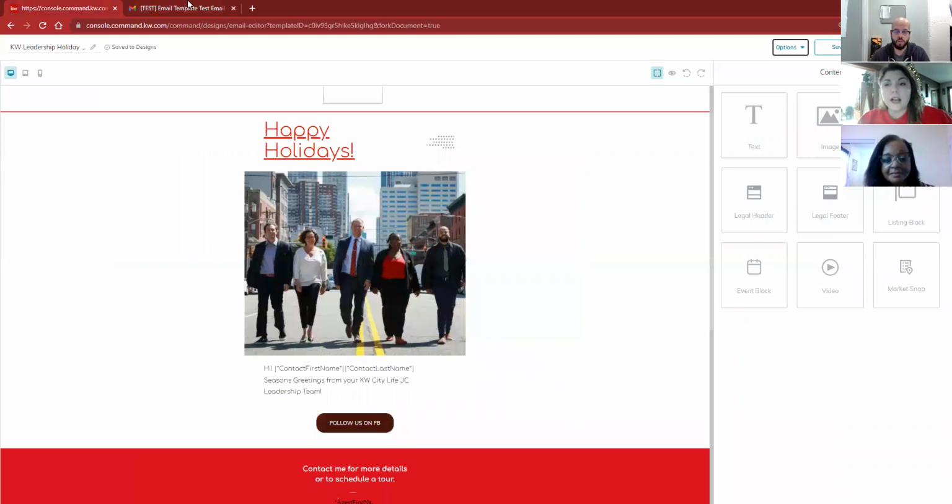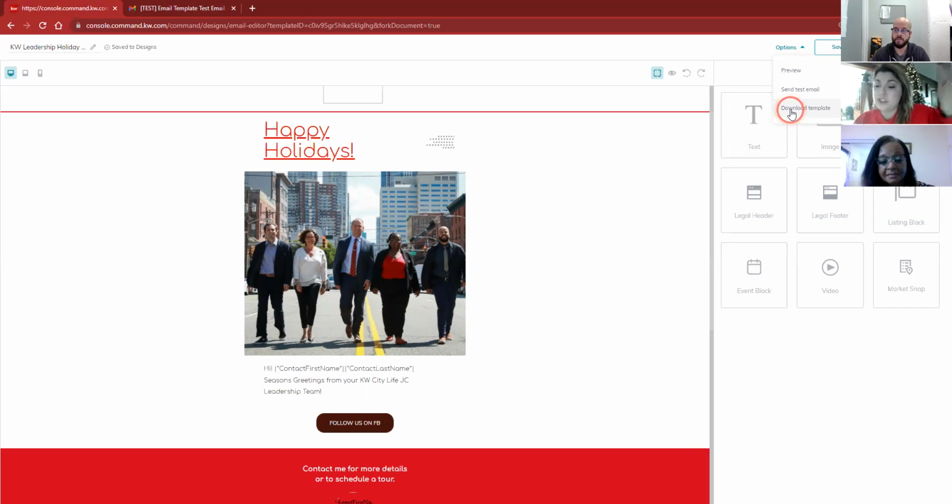So we've done a test. The other option that we have there is download template. So this would be if you want to download this template, put it into another system or share it with somebody else. You can download the template, and when you go to create a template, there is an upload or import option. So again, most of us aren't going to use this too much, but if you do want to